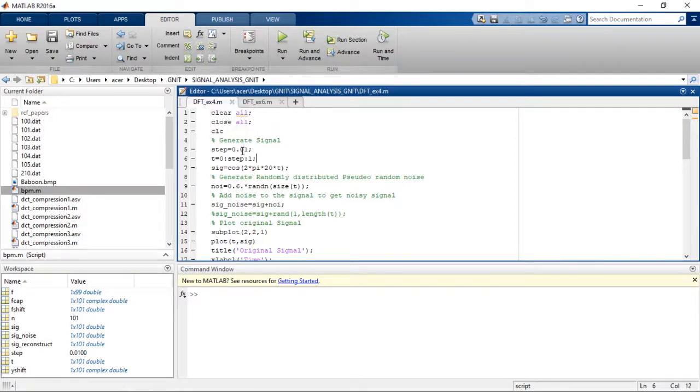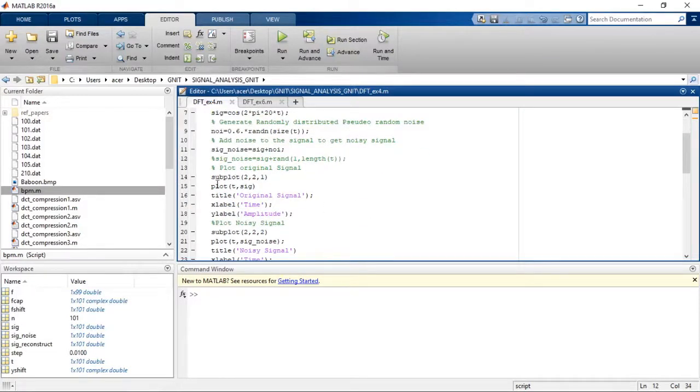Then step is 0.01, the signal we are generating, the same signal we are using, 0 to 1 in steps of 0.01, signal equal to cos of 2 pi into 23, and we are generating the random noise for 0.6 standard deviation by using the function randn, and adding this noise to the signal to get the noisy signal. Now plot the original signal. We are doing subplotting, 2 rows, 2 columns. First plot is the original signal, title original signal, x label time, y label amplitude.